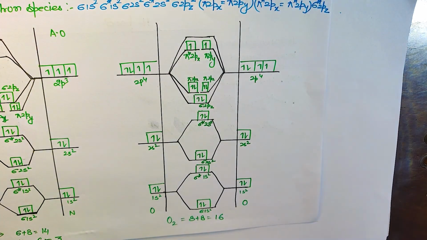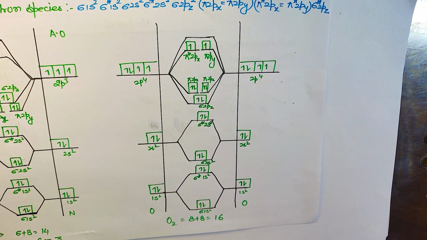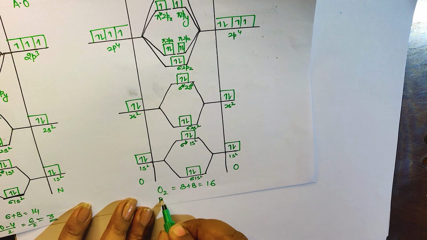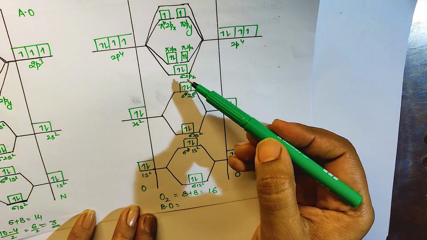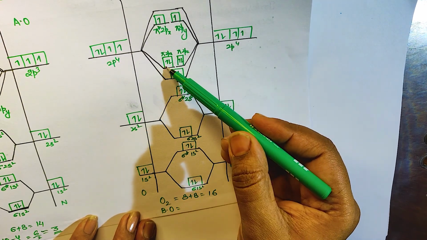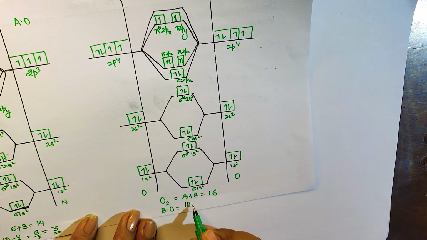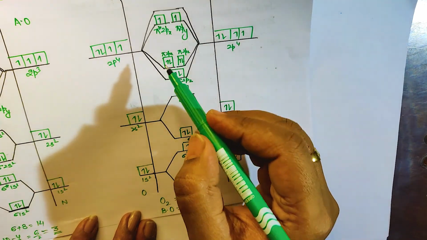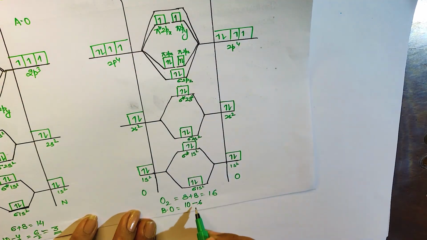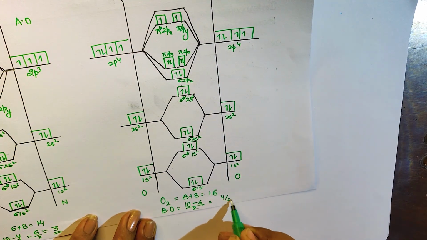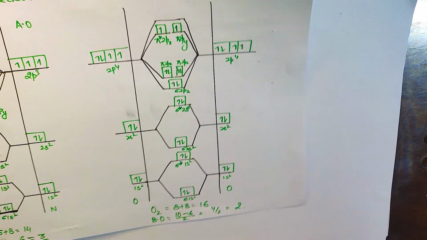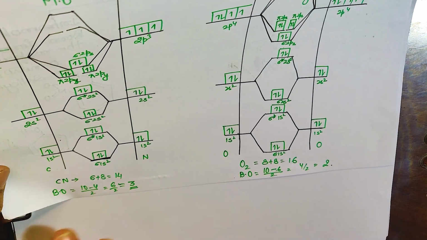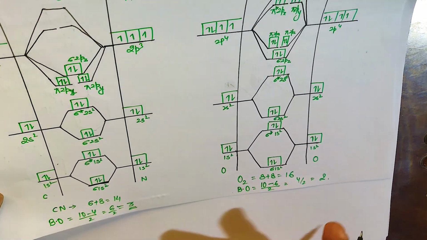Yes. Okay. Now tell me what will be the bond order. So find the bond order. Do this quickly. Bonding electrons 2, 4, 6, 8, 10, and antibonding 2, 4, 5, 6. Divided by 2, 4 by 2, that means 2. And you can check, O double bond O, bond order is 2. And no problem, here C triple bond N, so bond order 3. I hope it is clear.